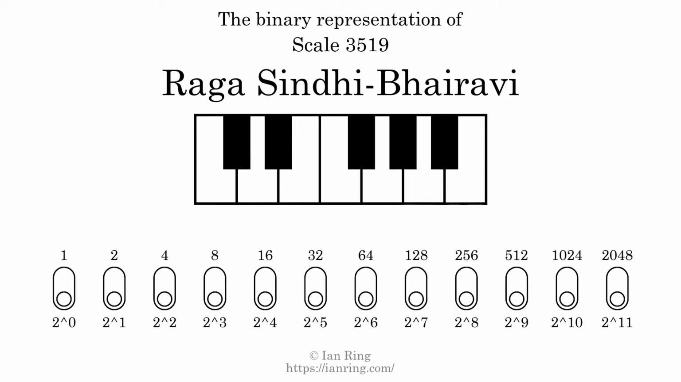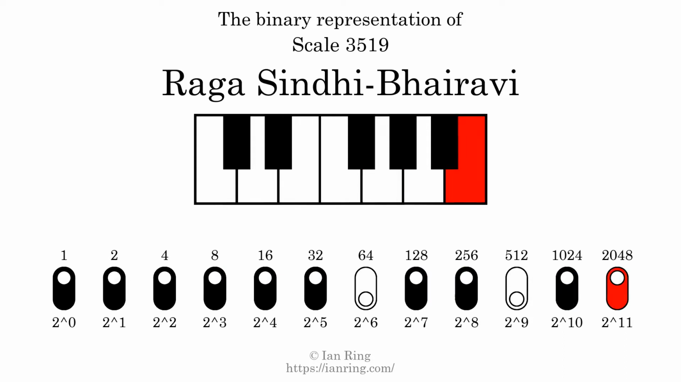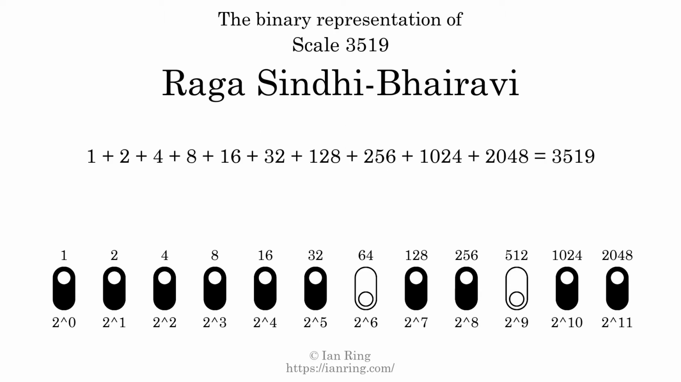The binary representation of this scale is determined by mapping tones of the scale to binary digits. Each binary digit represents a power of 2. To get the scale number, we add the powers of 2 together. The powers of 2 that are present in the scale, all added together, equals 3519. That is why the scale number, in decimal, is